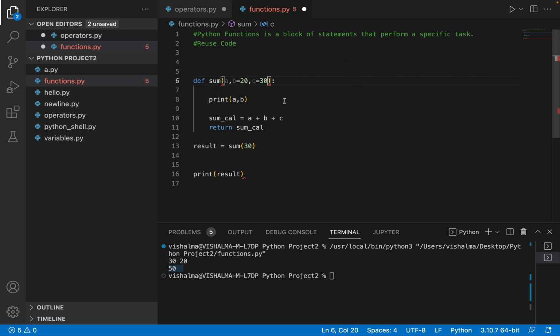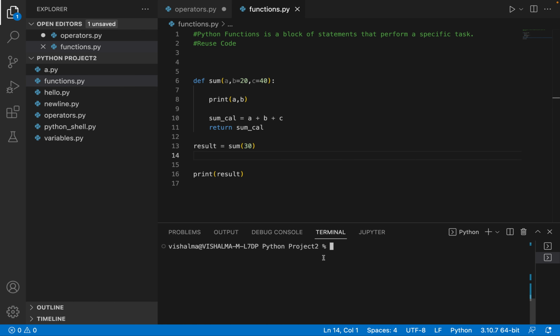So if I put 30 here, now it is not giving any error, right? Because this is a default argument. After a default argument, everything has to have a value, you cannot have an empty value here, so that will not work. So if I put c is equal to 40, and now I call the same result equals sum 30, let me clear it, save it and